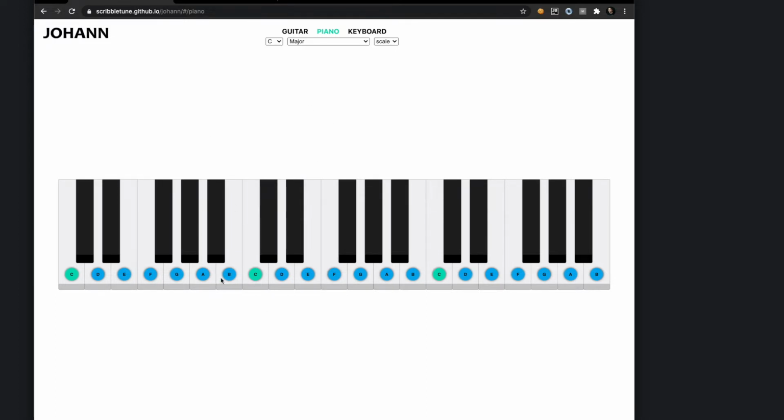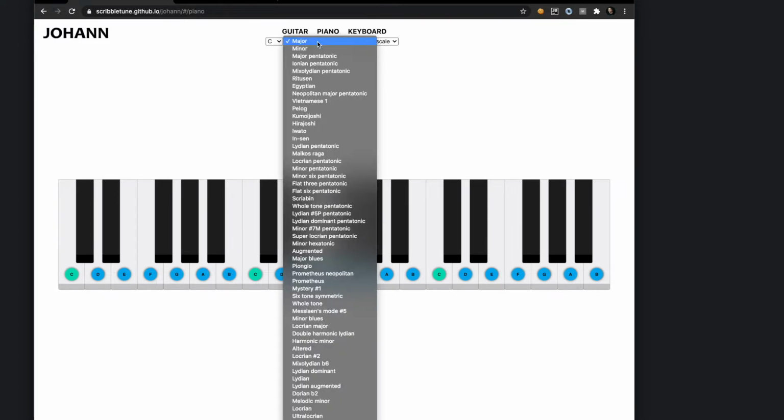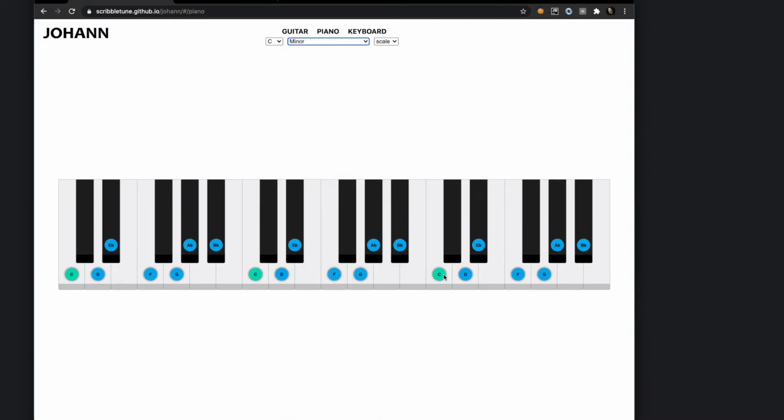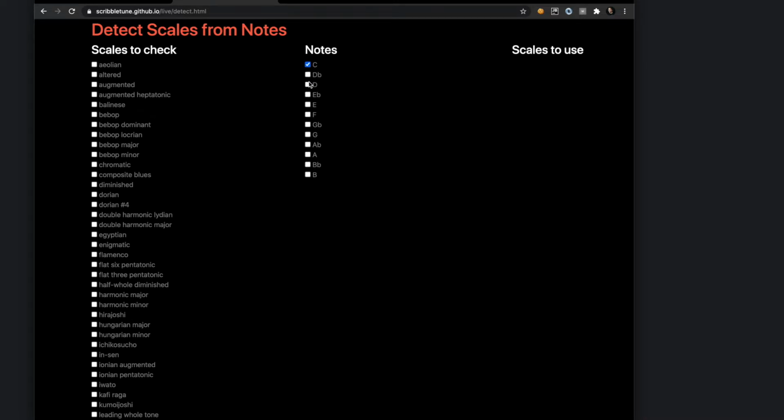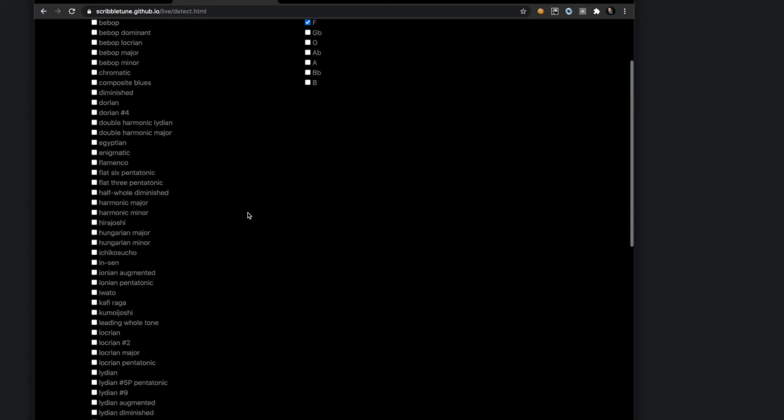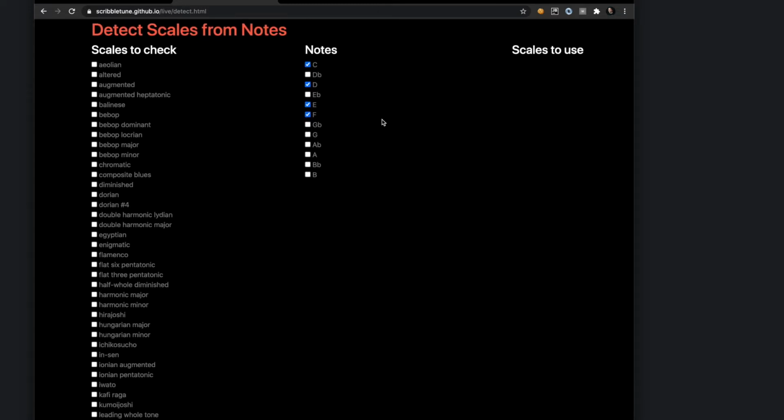So these are the notes for C major scale, right? All the white notes. And if I make this C minor, then these are the notes for C minor. So the feature that I want to do is I want the user to select a few notes like this. So I selected C, D, and maybe let's just select the white notes. So I just selected these four notes. Let's stick to that. So these are the four notes that I've selected, and I want to be able to print over here all the possible scales from this list that have these four notes.